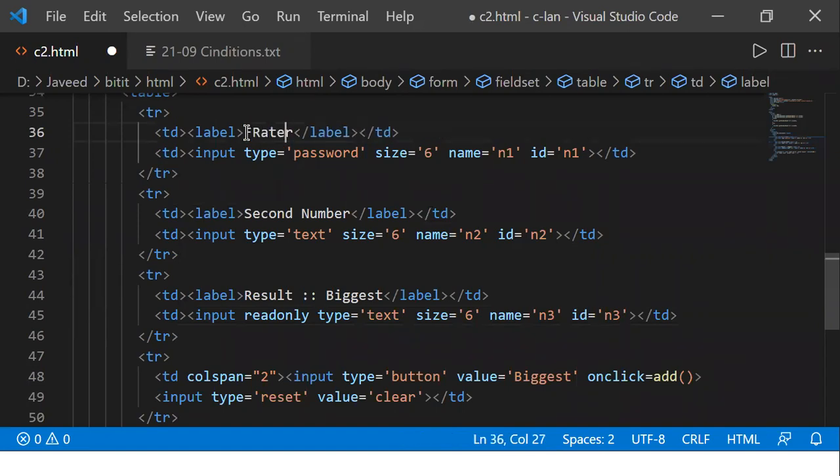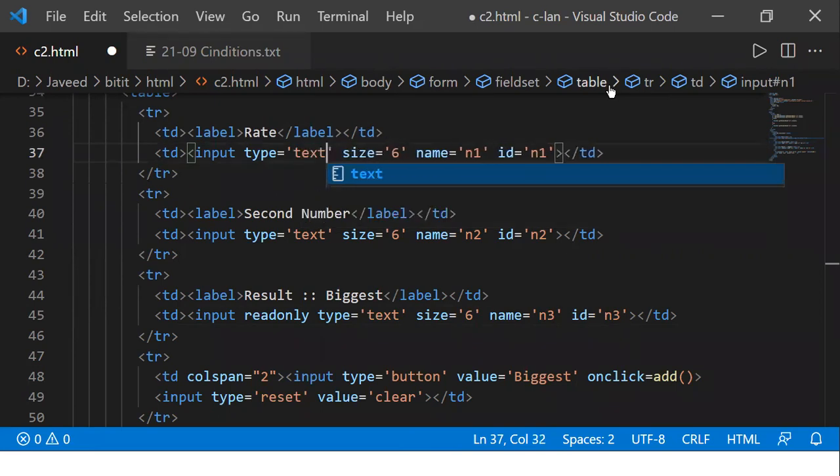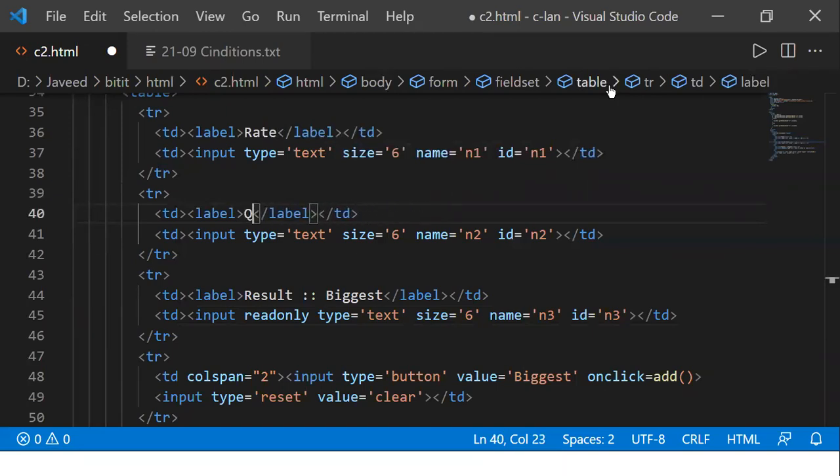I will not use input type equal to password, because I want the user to see the data that they are typing in. Then instead of second number, I'll say it is quantity. Instead of result, I want to have this one as amount.